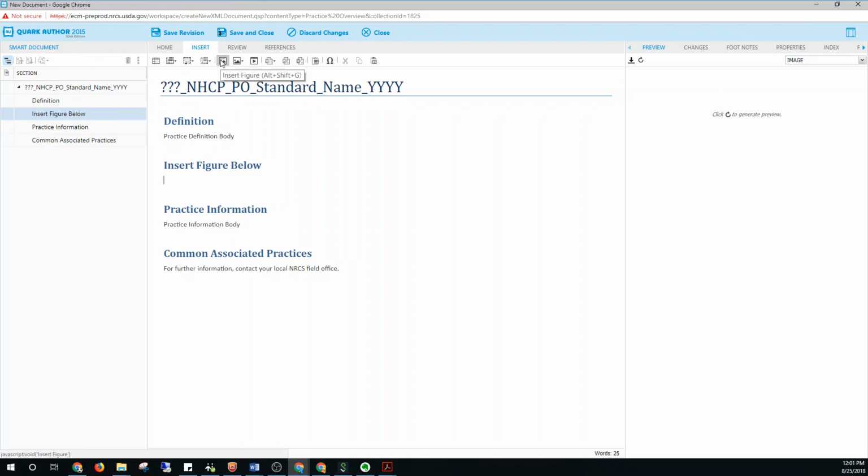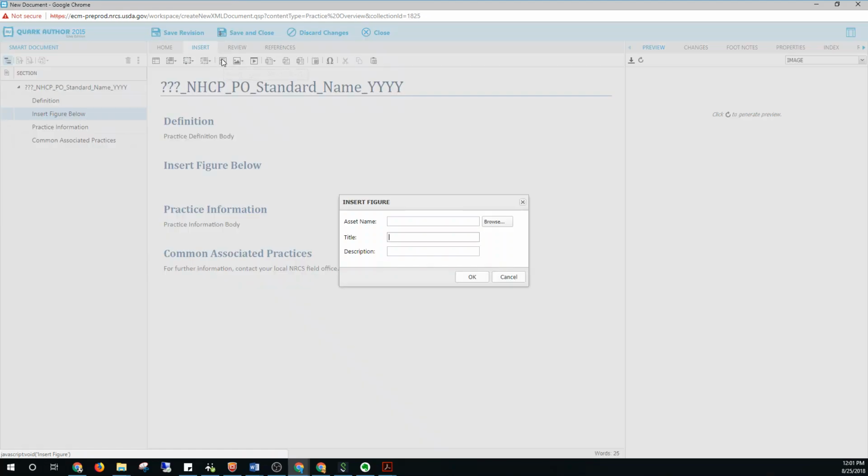And a figure is what's going to give us our 508 sections, or our 508 abilities. So we definitely want to use figure in any way we can. Here it's going to come in with a title and a description and then a browse. So what we want to do is click on this area, and depending on if you've already uploaded it or